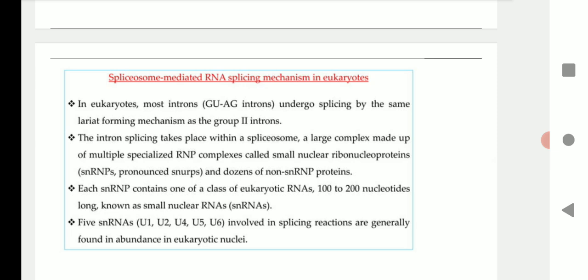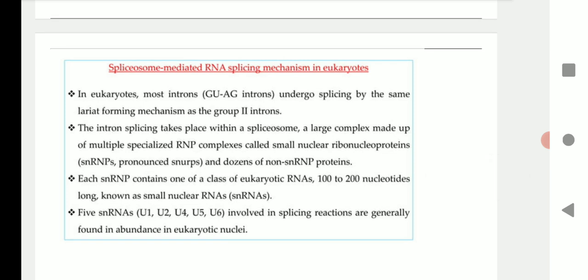Whereas in the case of the higher eukaryotes, it is associated with the spliceosome, where small nuclear RNA and proteins are associated. We call them snRNPs, or spliceosomes, and they are responsible for the splicing mechanism. In eukaryotes, it follows certain rules: most of the introns in the higher eukaryotic system contain